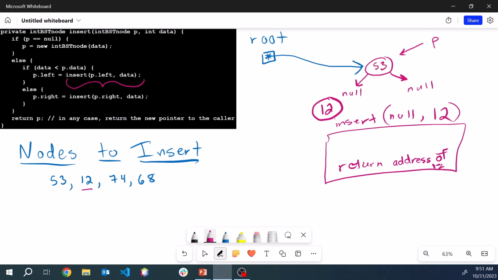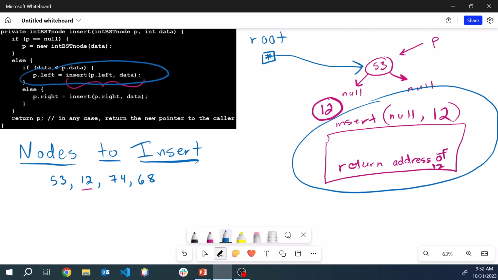Well, let's remember this entire method right here, I'm circling all of it, that we called insert null 12. Where did we call that method from? It's from this line of code right here. This insert null 12 was referring to this part right here. So we called that line of code the right side of that assignment, this assignment right here. The right side of this assignment was this call right here, insert null